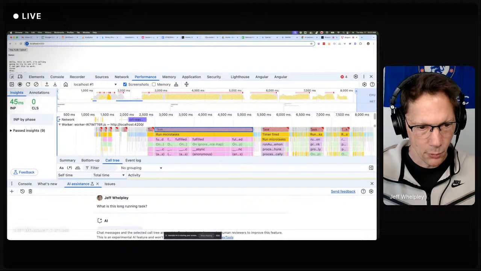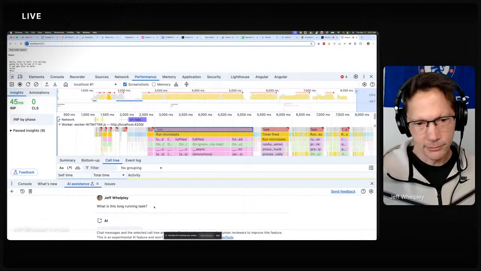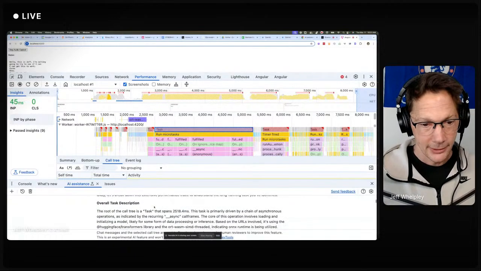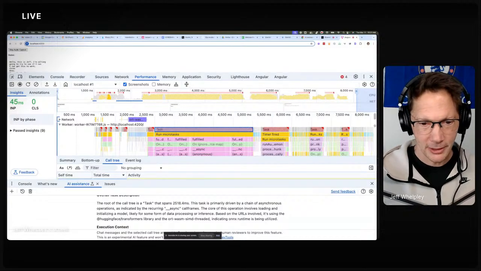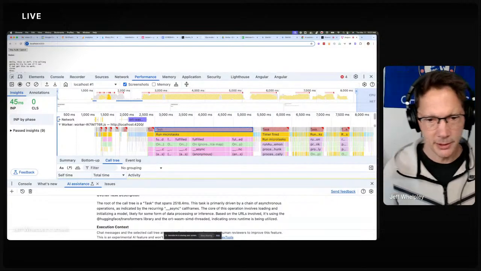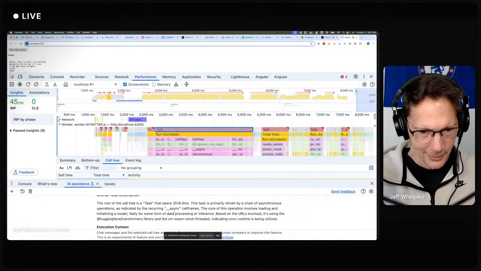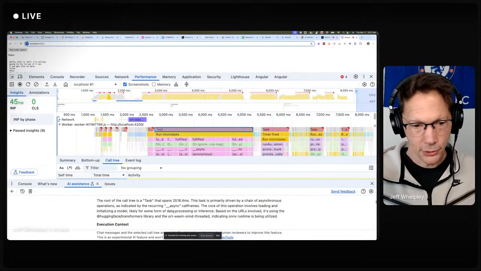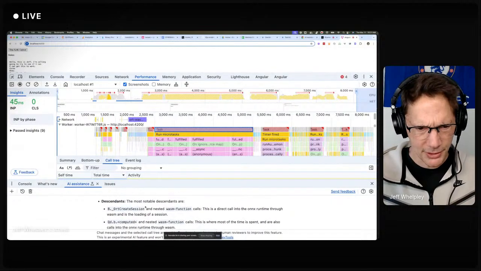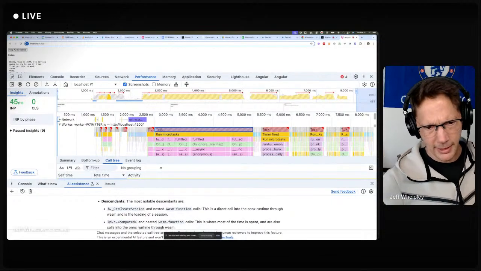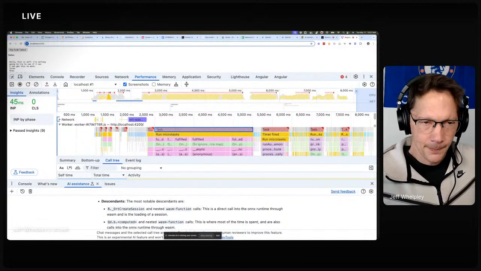the context being this specific task, why is it taking so long to run? And so it actually provides some decently useful information. Some of it is obscure because the names of things are minified and not helpful, but other things are. It tries to give you as much information as it can, but the thing I got out of this is basically this long running task comes from